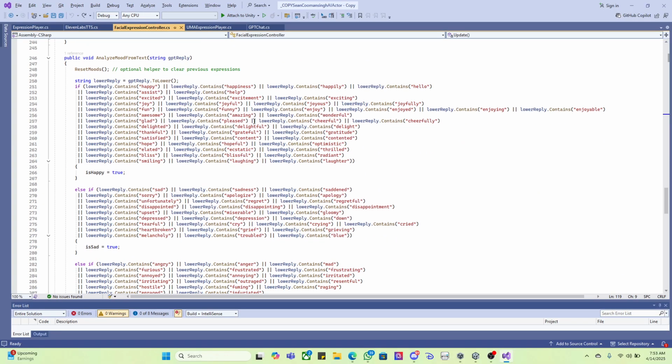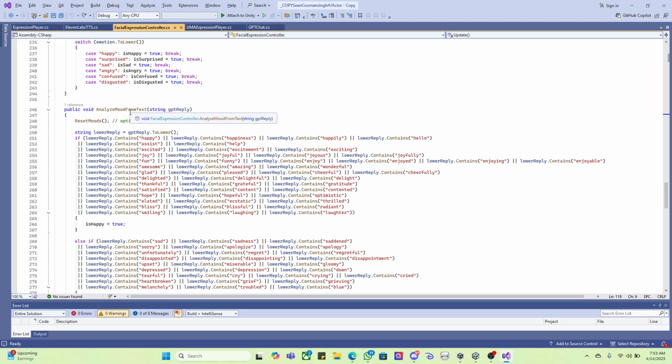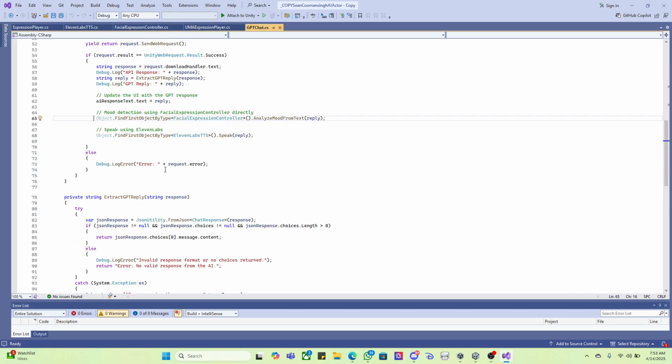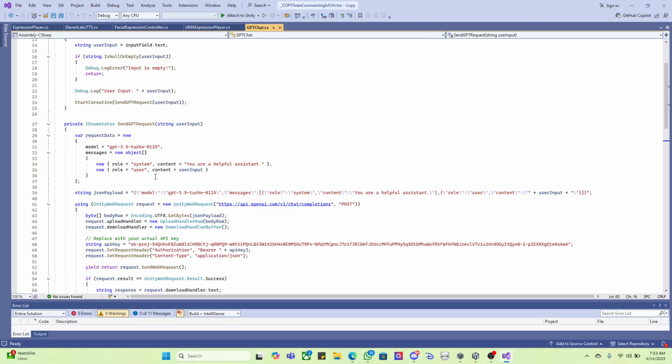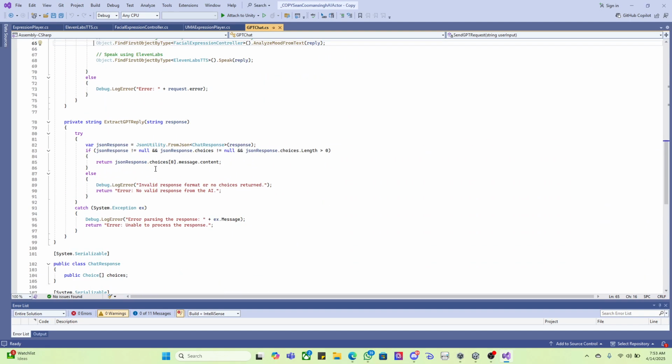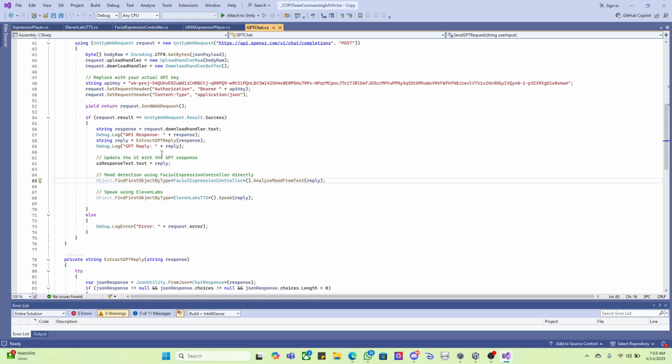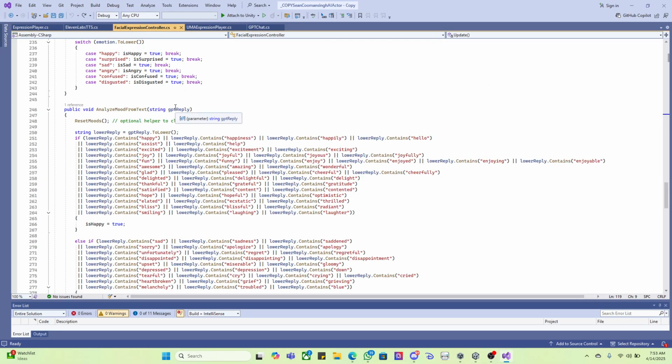So how did I actually get this to work? Basically I have this method, or function, I can't remember if method or function are the same thing, called analyze mood from text string GPT reply. So this links over to my GPT chat over here. And basically what it's doing, I think it's somewhere here, mood detection using facial expression control directly. So it's referencing it. Essentially, it's taking the output of the GPT reply and